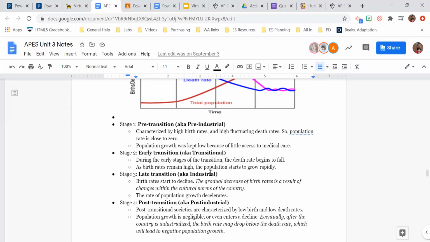My family is a great example of this kind of transition because my grandma was one of 12. She's the youngest of 12 kids. My mom was one of 8. I was one of 3. And now I've had 2 kids. So just looking at those generations, we can see that the birth rate has gone down. We have chosen to have fewer kids because, when my grandma was one of 12, her and her siblings were working by the time they were 11 or 12. That's illegal now for good reason. So they're not incentivized. I'm not incentivized to have more kids because it's not going to be an economic benefit. Although they are super cute.